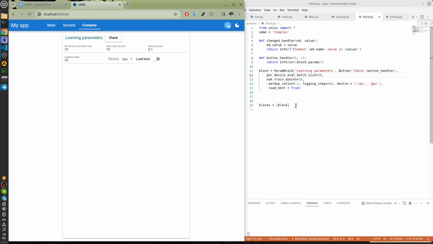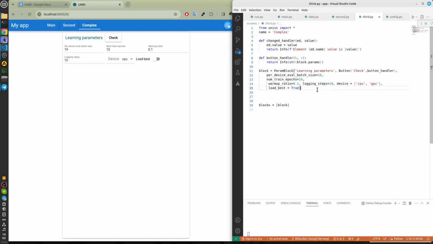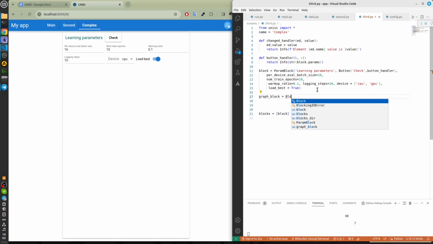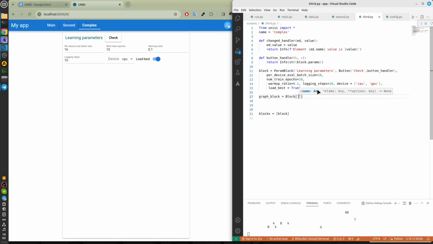Let's add a graph on the screen. Make another block. Graph block, and right here. Graph name G. Block.